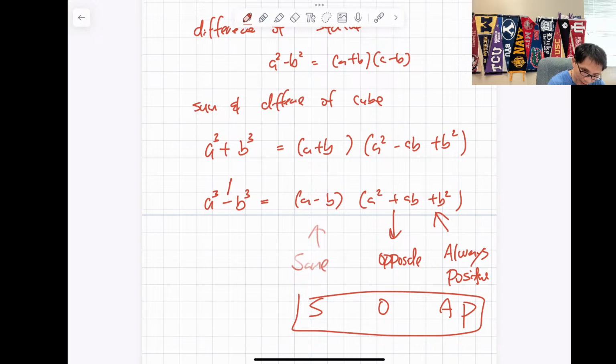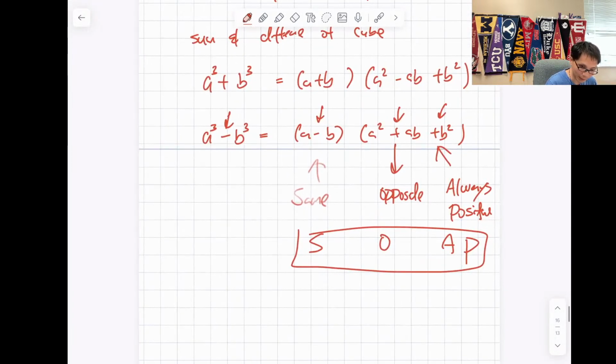So the sign, if this is a minus sign, this is going to be the same sign. This is opposite from the prior sign. This is always a positive sign. Now, AB, just think about blood type. If your mom is A, your dad is B, then all the kids are going to be AB blood type. So there's A blood type, there's AB, there's B. So it's a squared minus ab plus b squared. Now, with that being said,